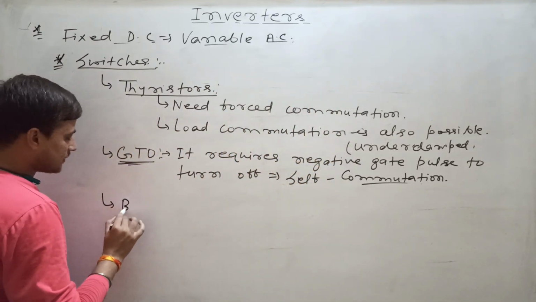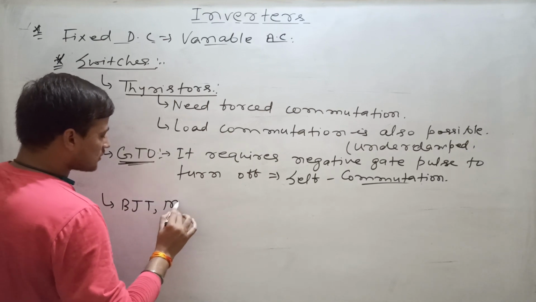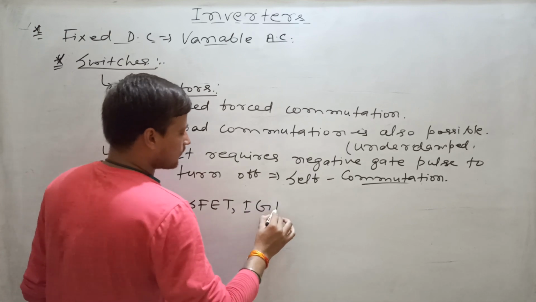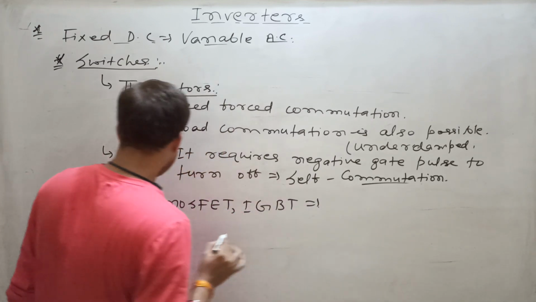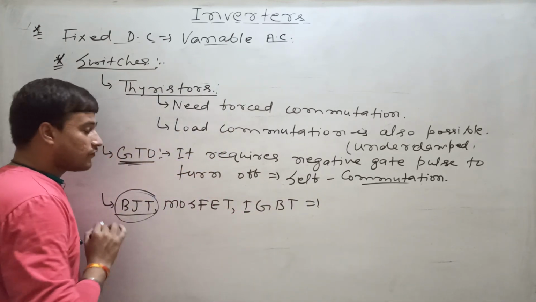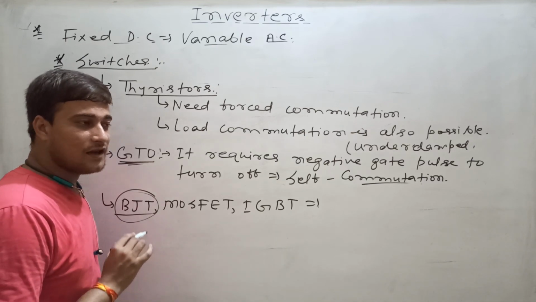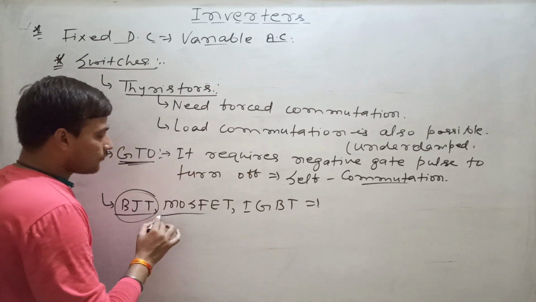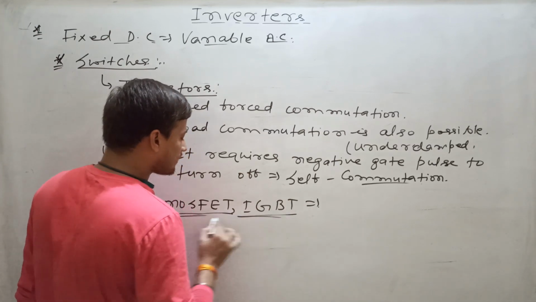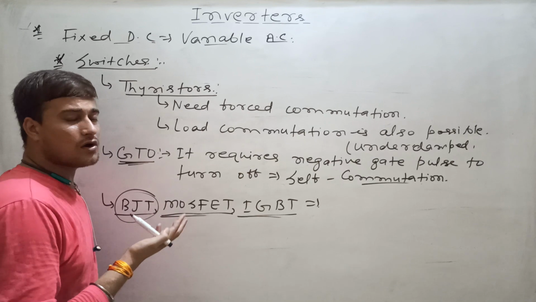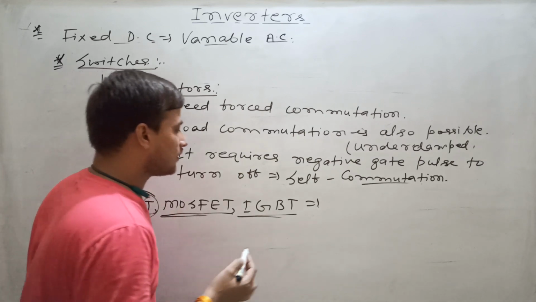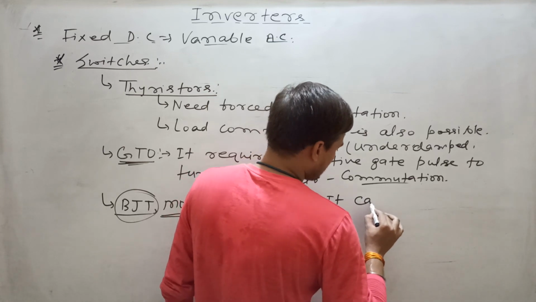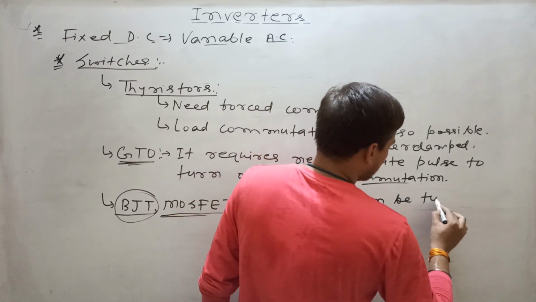Next you are having BJT, you are having MOSFET, you are having IGBT. Here what do you know? BJT. If you are controlling the current at base terminal, you can turn on and turn off BJT. If you are controlling the current at gate terminal, then you can turn on or turn off the MOSFET and IGBT. That means it can be turned off